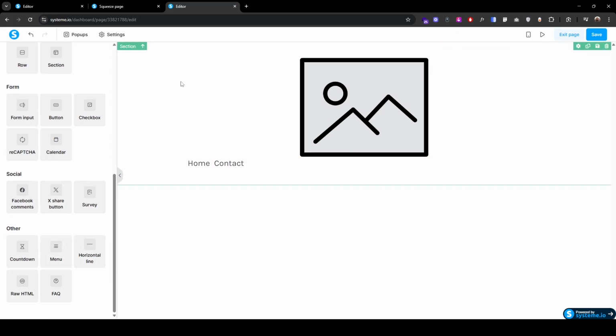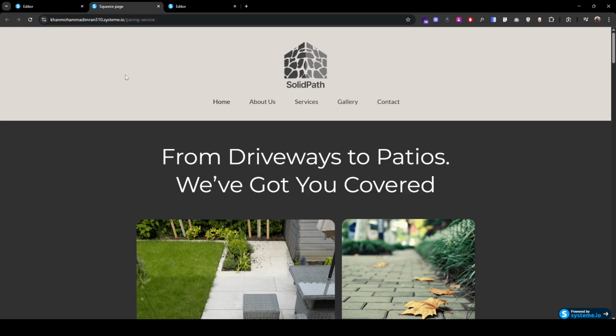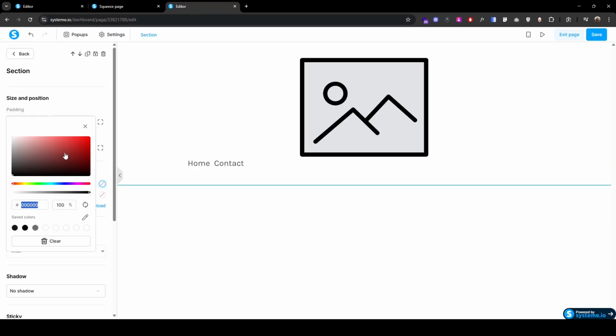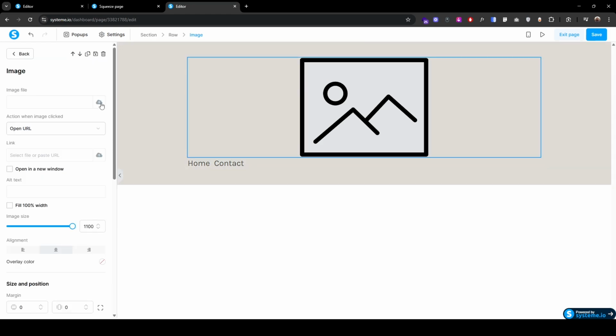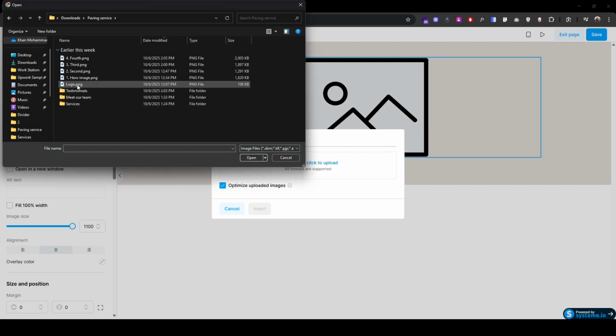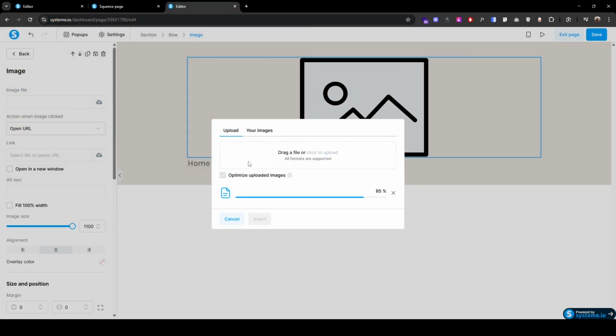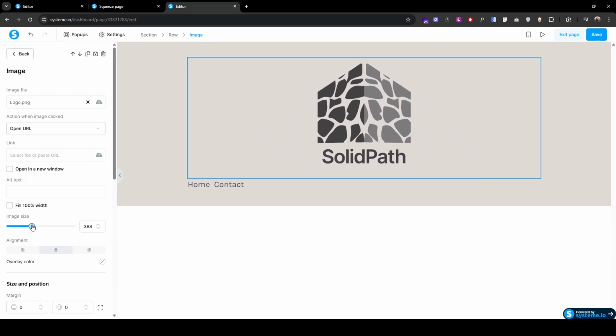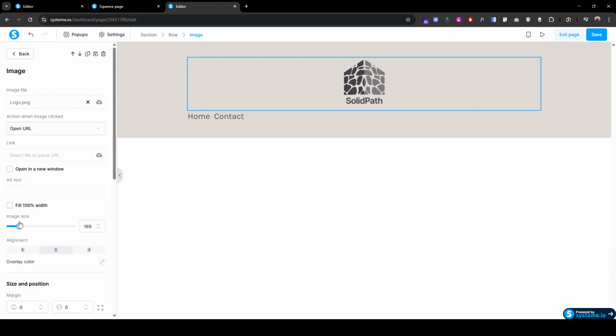drop it here. Let's add a background color. As you can see, we have a background color here. Click this section, background color, and paste this color. Now click this image, click here, click to upload, click this logo, open, insert. This is our logo. Reduce the image size like this to,